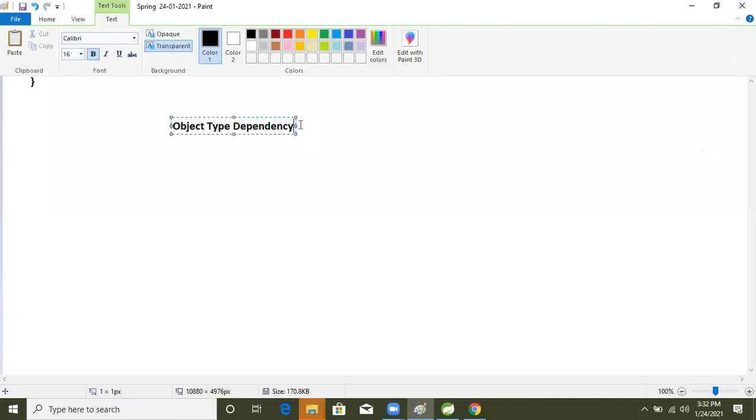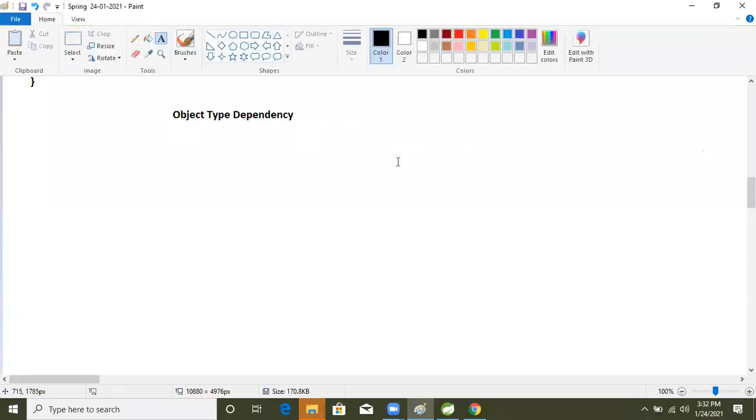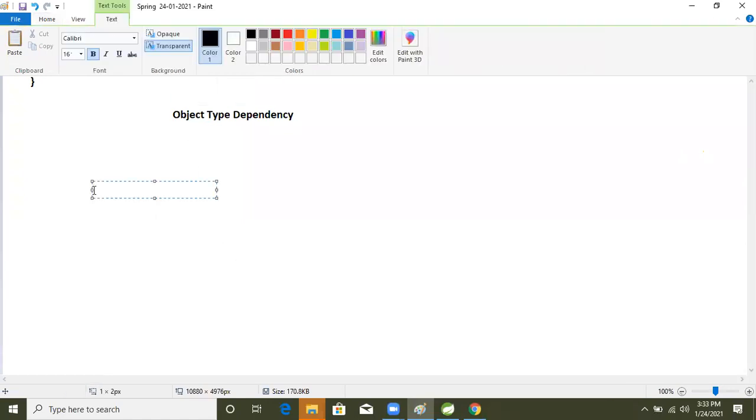Let's see how we will write it and how we will configure it. We will inject using constructor only, guys. I will inject that object using constructor only. Let's see that now. Let's create one package. One minute.